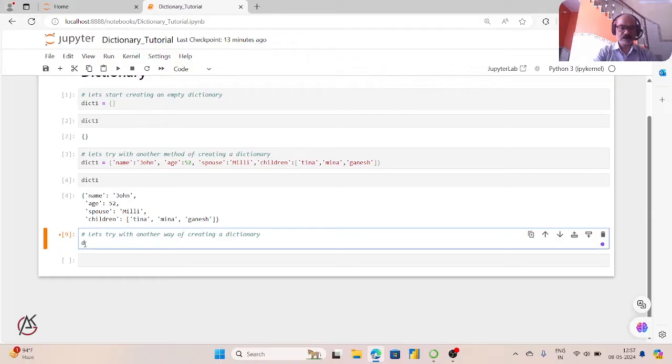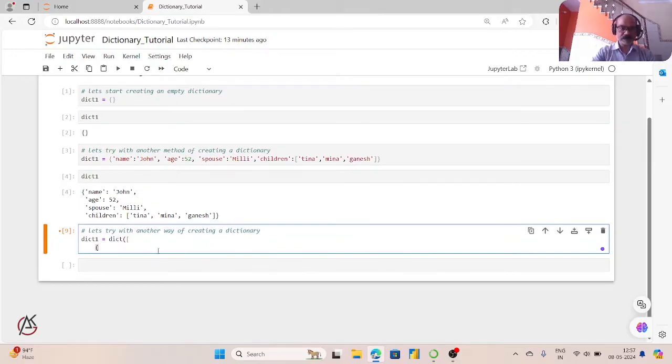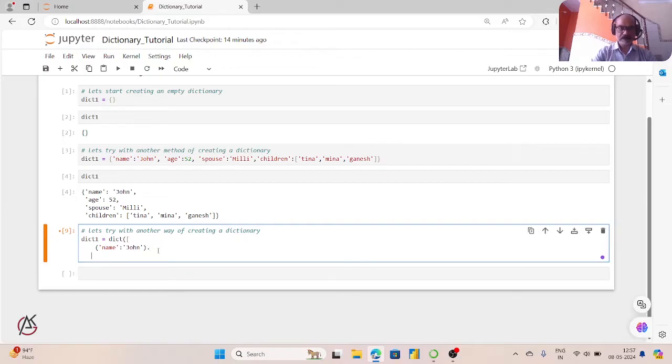So I am giving the same name dict1 that I used earlier, and here I am going to use the dict word, and I am going to define name as John, and here I have to give a comma,